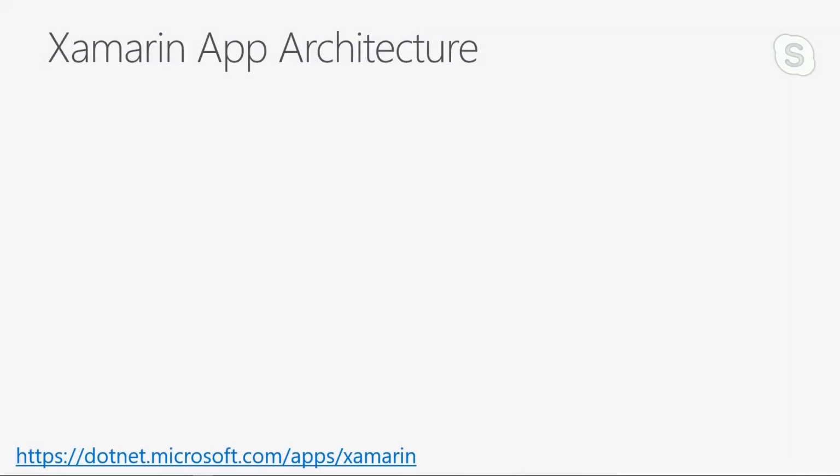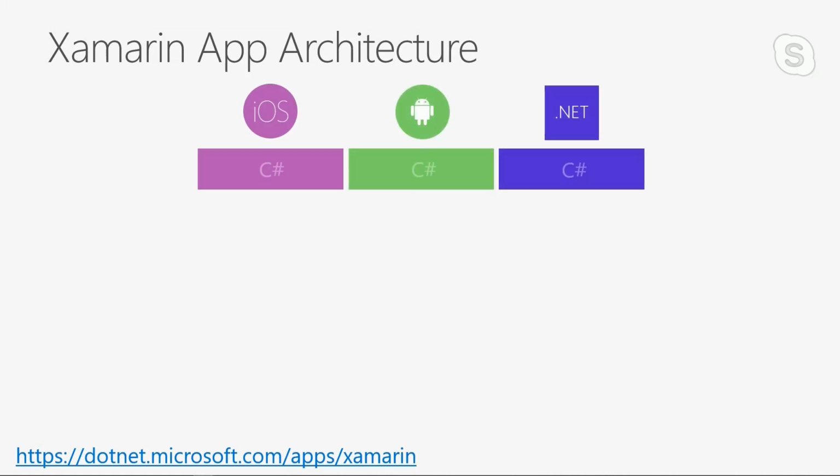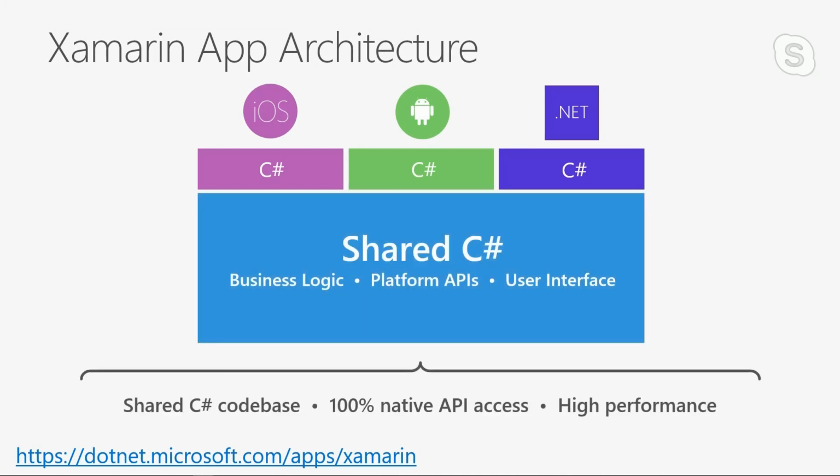So, if you aren't familiar with Xamarin's app architecture, it is quite unique compared to some other approaches. You have three different UI layers or framework layers with regards to iOS using C Sharp, Android using C Sharp, and you have the .NET framework using C Sharp. And this kind of all encompasses into a shared C Sharp layer, which you can include all of your business logic, all of your platform APIs, and even your whole user interface, such as using Xamarin Forms or other MVVM